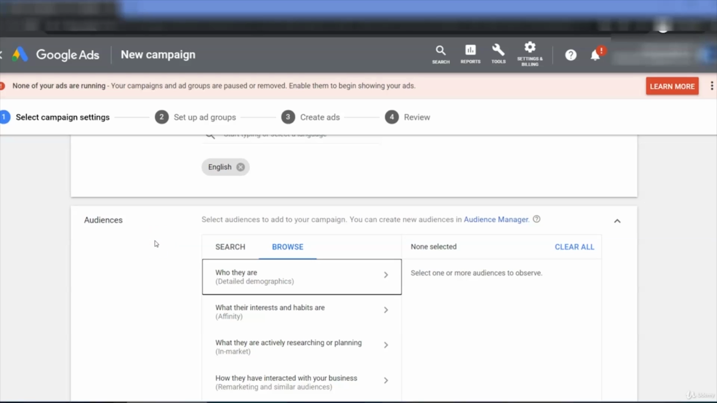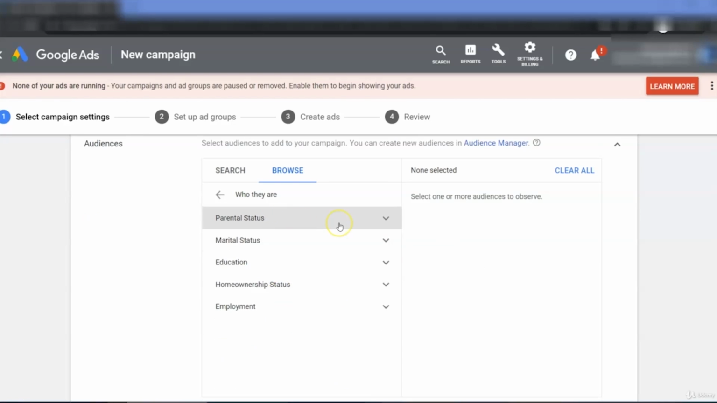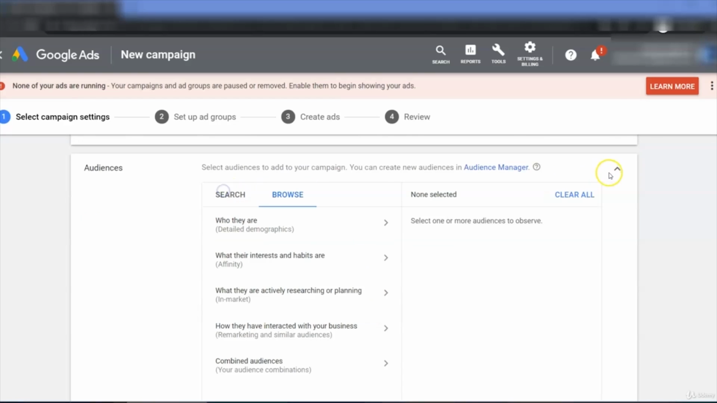So you can get detailed demographics. You can choose the specific interest for that audience, what kind of topics those people are researching, and how they interact with other services on the internet. If you click on who they are, you can choose your target audience by parental status, marital status, education, home ownership, employment. But for this step, since we are doing a search campaign, we can skip audiences for now because we will